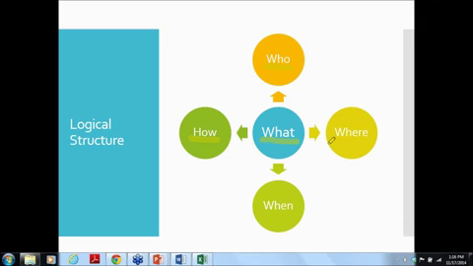Okay, in addition to some of those considerations in terms of the rules and the steps for devising a